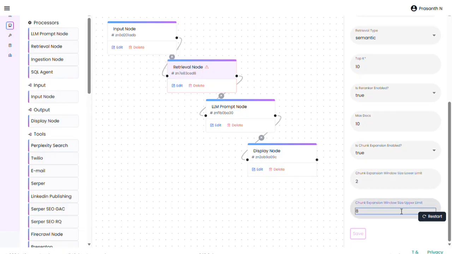Chunk expansion window size upper limit is the maximum number of neighboring chunks or tokens that could be added so that the retrieval answer does not become too big or too expanded. So we will reduce this to 6 and then we click save and we are done with the retrieval node